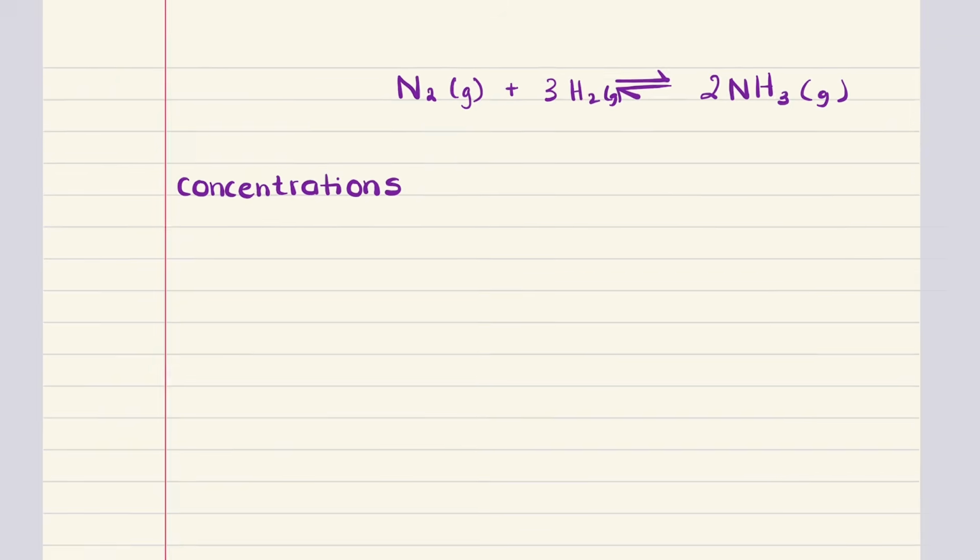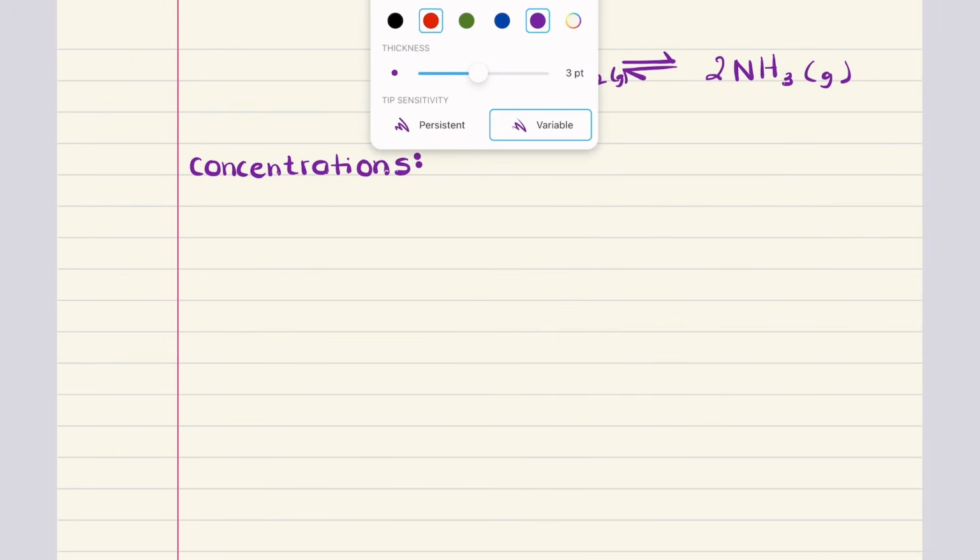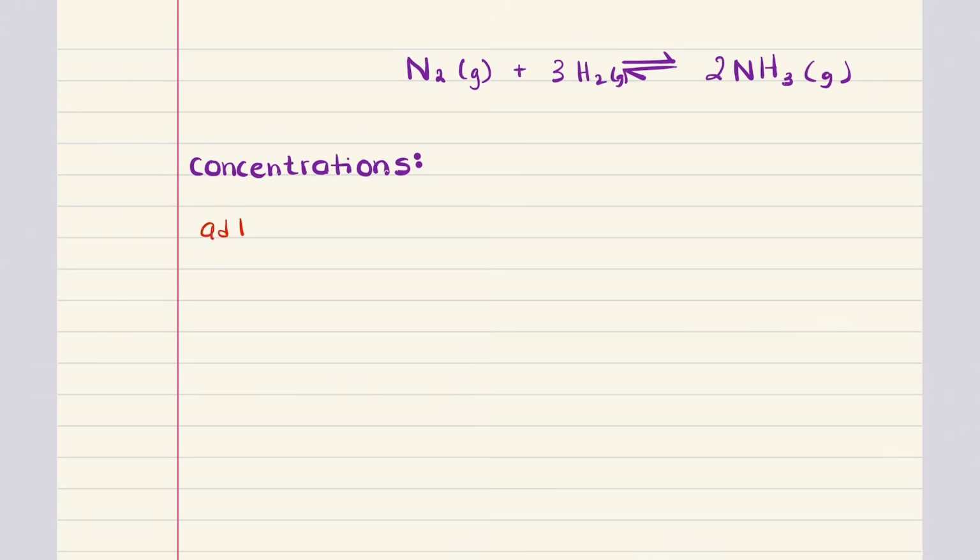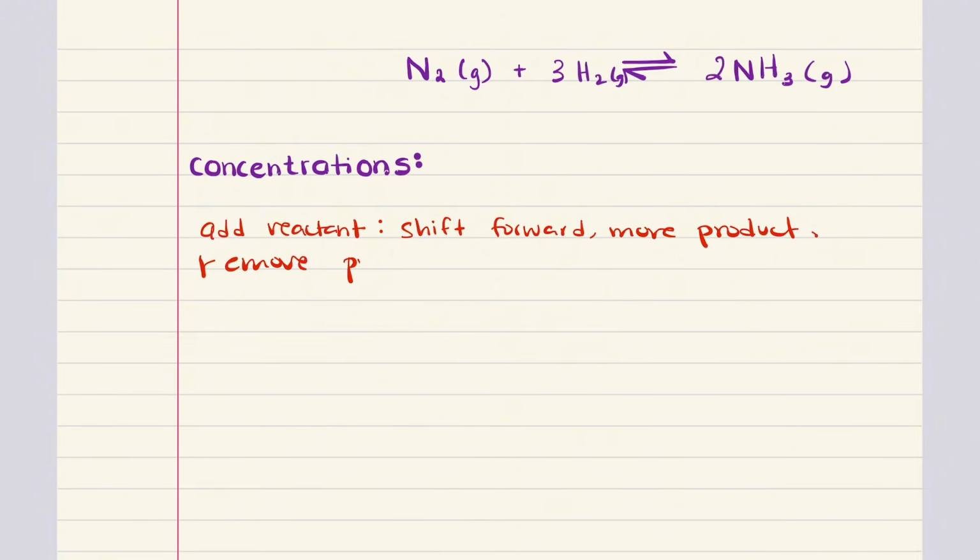Let's begin with concentration. Remember, when the concentration of reactants or products is changed, the system's going to shift to counteract that change and restore equilibrium. The first category we're going to discuss is what happens when we add more of the reactants or we remove some of the products. Whenever reactants are added, the system's going to shift in the forward direction to produce more products. When products are removed, the system's going to shift in the forward direction as well to produce more products